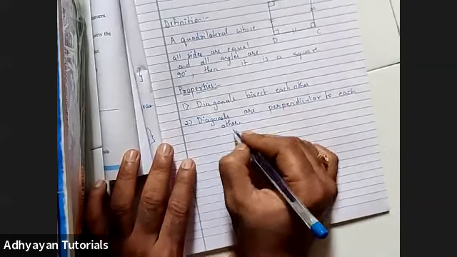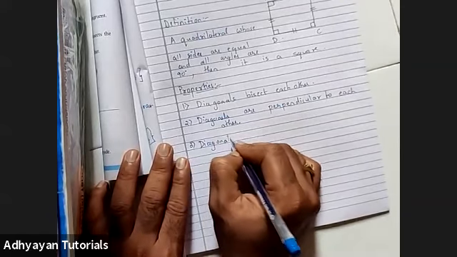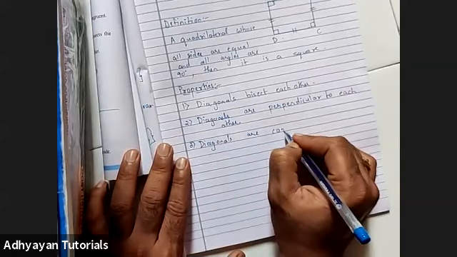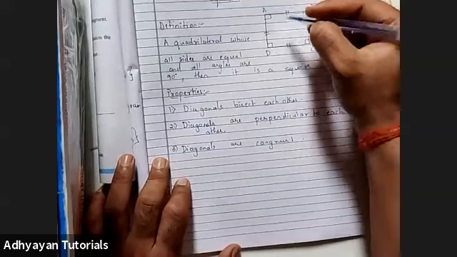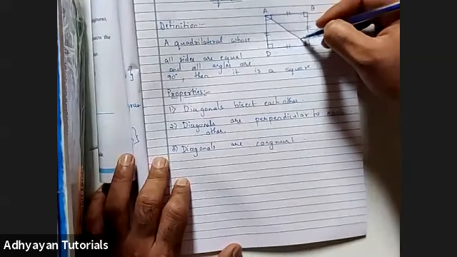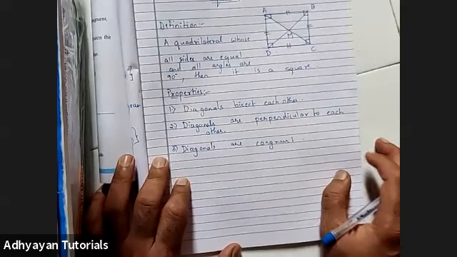And the last property, children, diagonals are congruent, right? So if we draw diagonals here, something like this, and let's say the point of intersection is M,